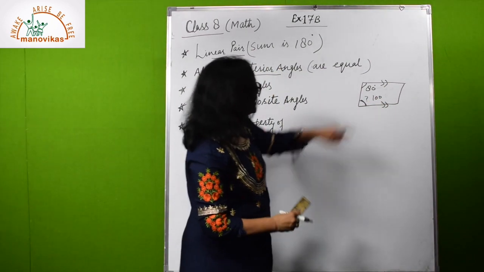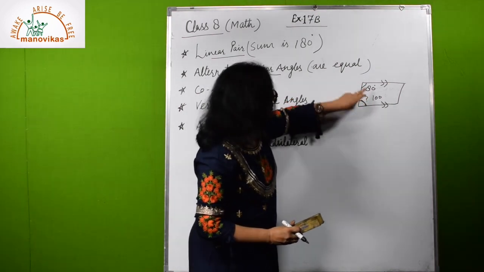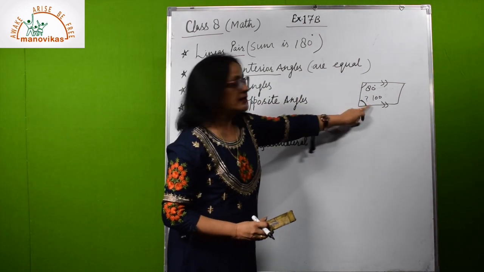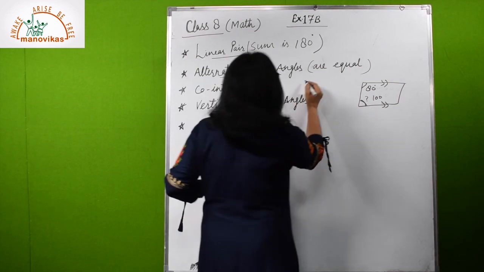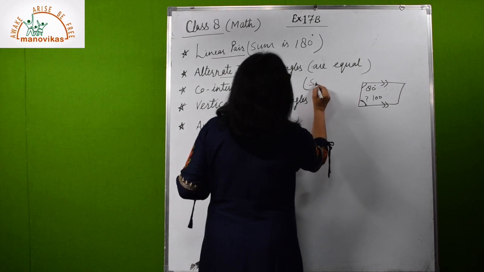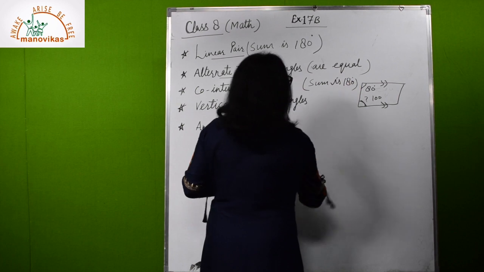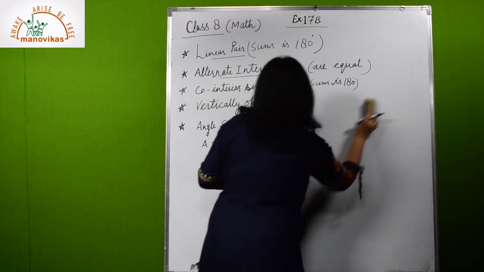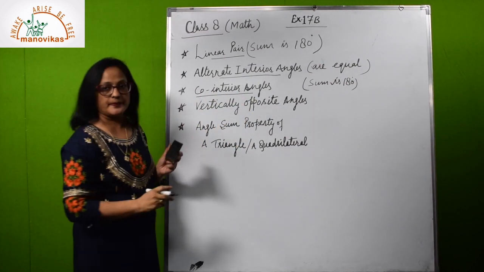So here we made the connection between the angle given and the angle asked. So 80 and 100, 180. So we have used here this property of co-interior angles. This also you have to remember. So co-interior angle property you will check, and the sum is equal to 180 degrees. So there you will use this type of angle, co-interior angles.